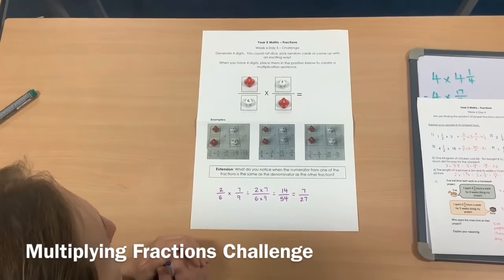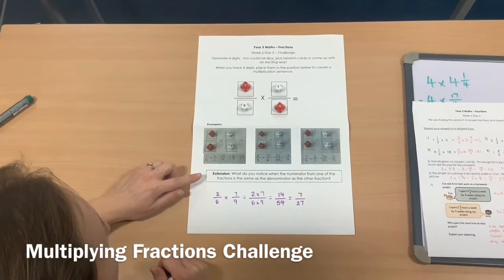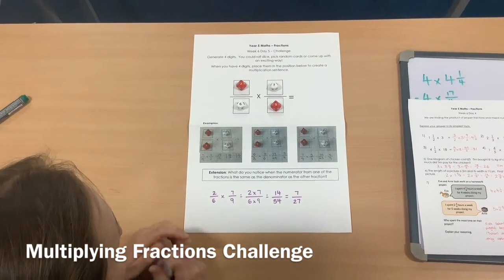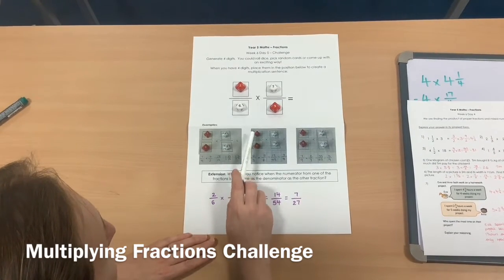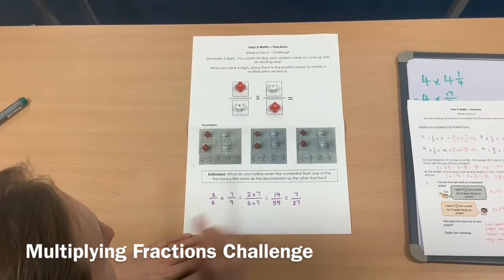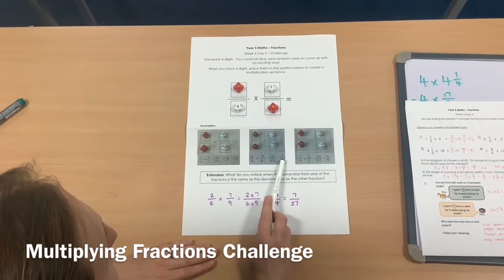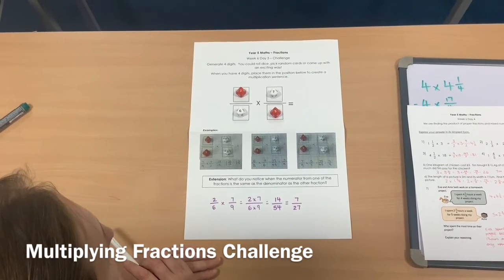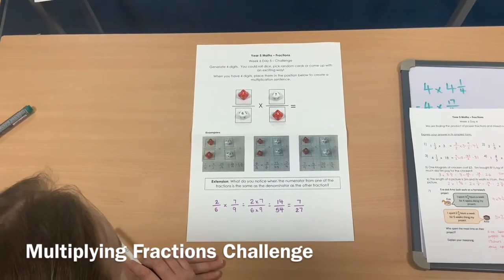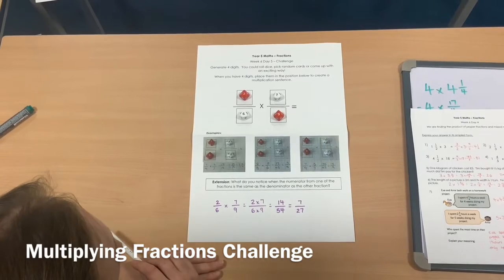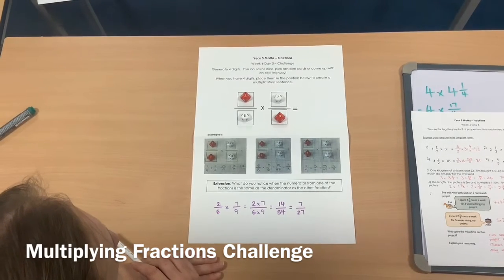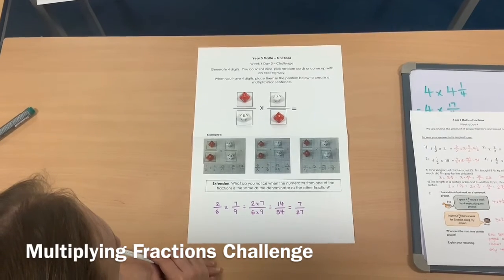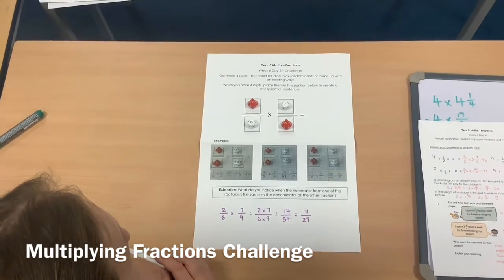So there's a few examples there. Have a go yourself, and then a little extension for you. One of mine here, this one here, has 6 as one of the numerators and 6 as one of the denominators. What do you notice about that answer? What do you notice when the numerator of one of the fractions is the same as the denominator of the other fraction? It's the same with this one. So see if you can spot that pattern, and then we will be back next week